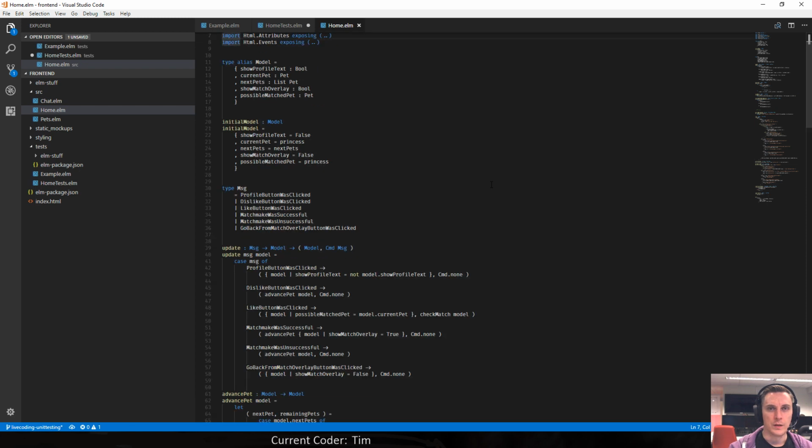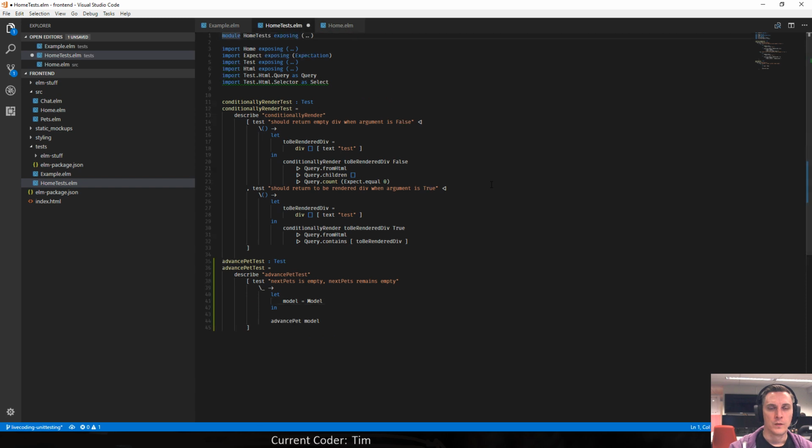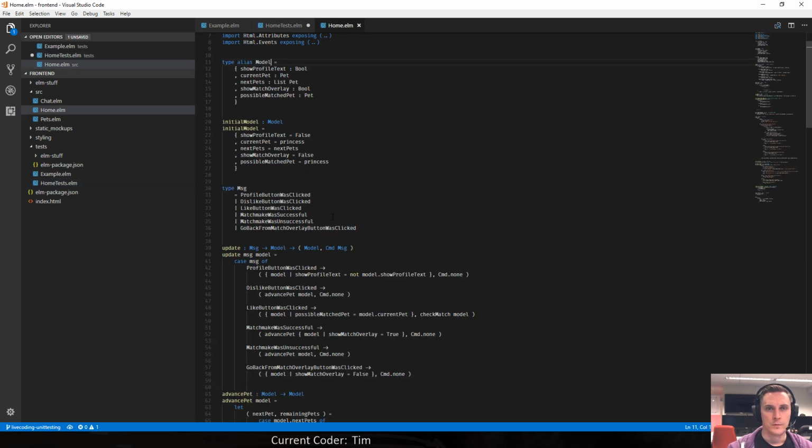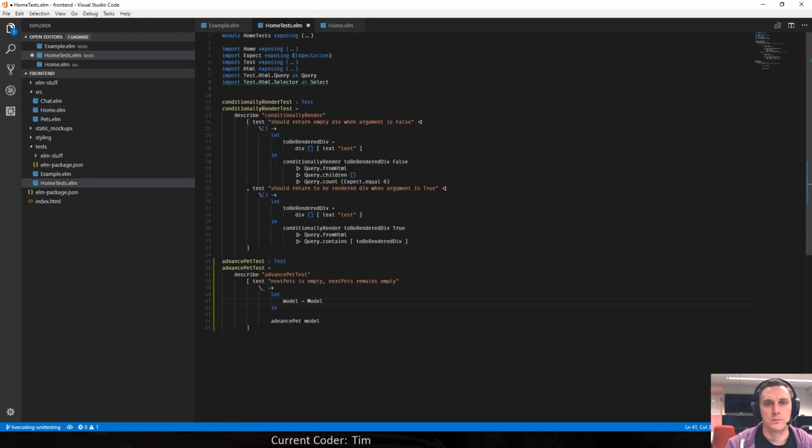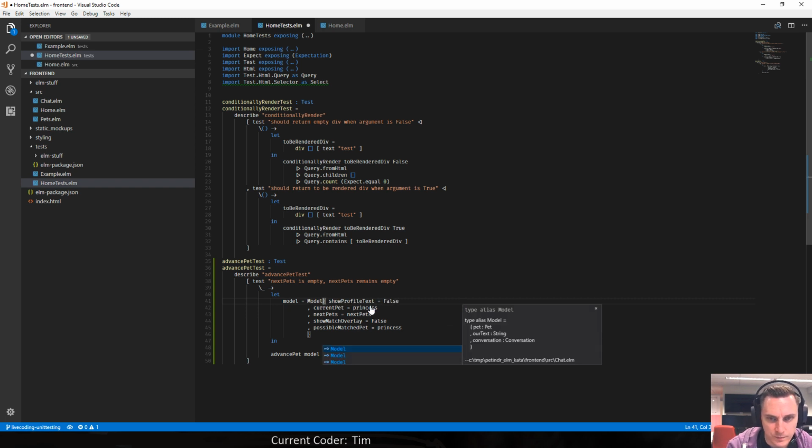And our model looks like this, and we're already importing everything. So we could use this thing. Now it becomes apparent how bad our code is.